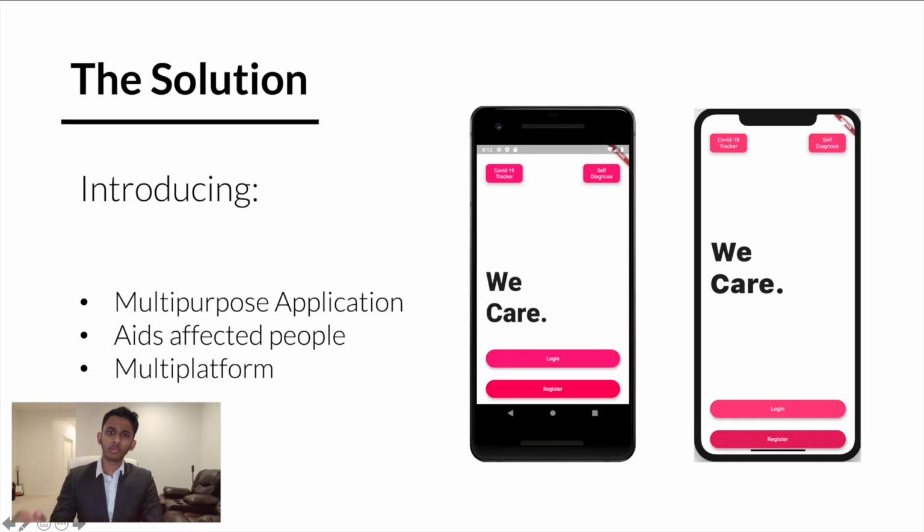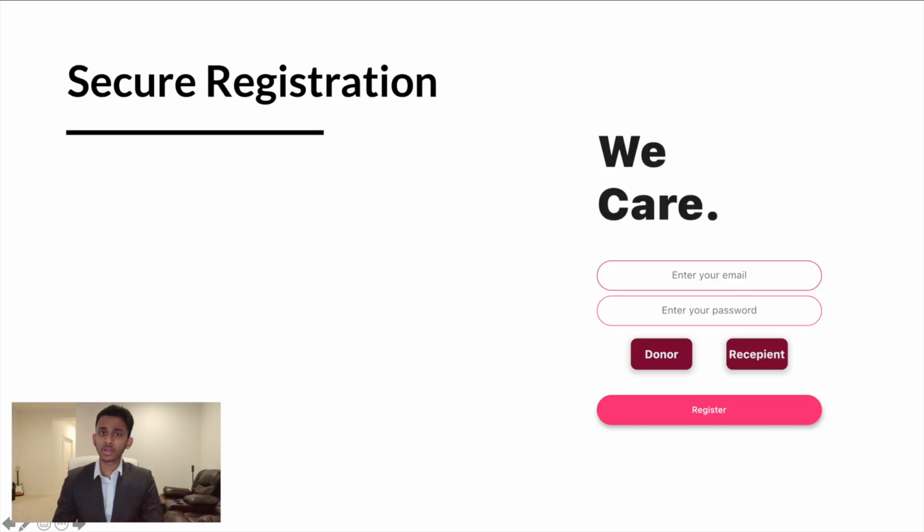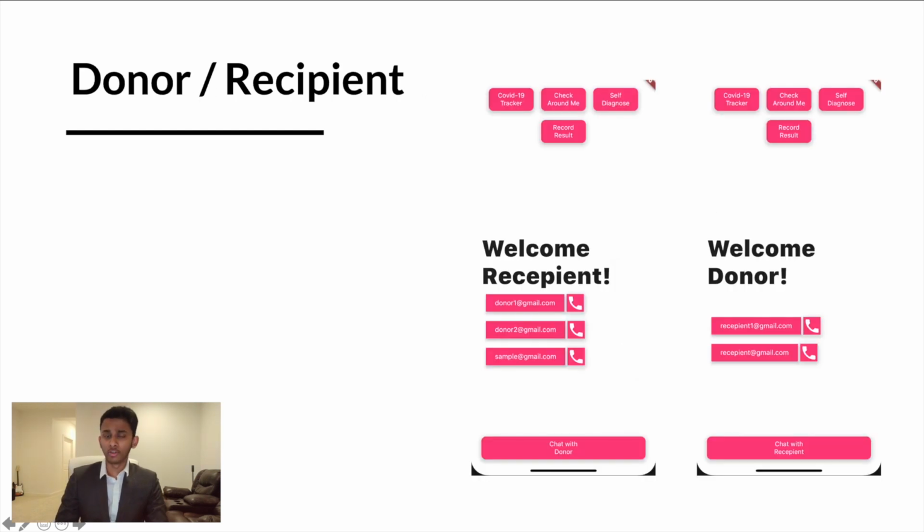Our solution, WeCare. WeCare is a multi-purpose application. It aids affected people, and it's also multi-platform. We have a secure registration. Essentially, when you register for our app, your information is completely private and safe. You can sign up to be either a donor or a recipient. If you sign up to be a donor, you essentially say that you can help other people. If you sign up to be a recipient, you're essentially saying that you need help, and we connect the donors